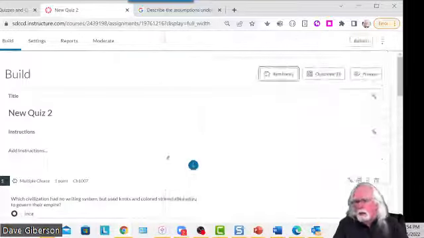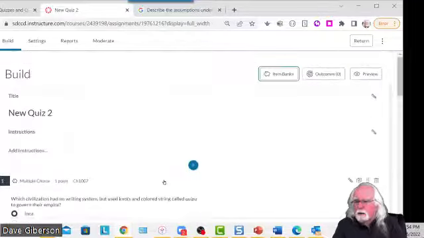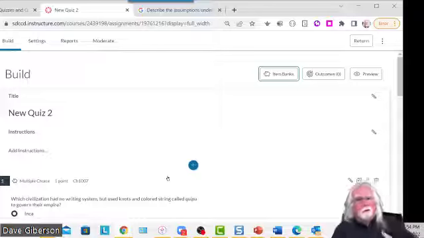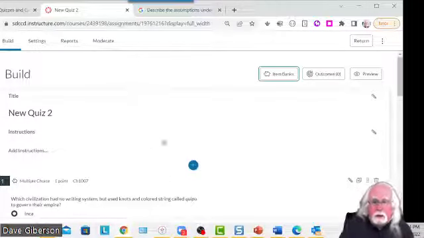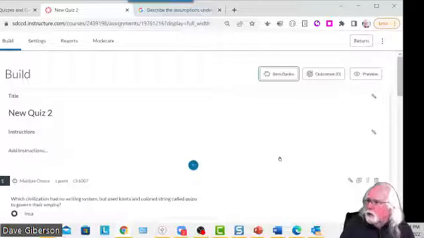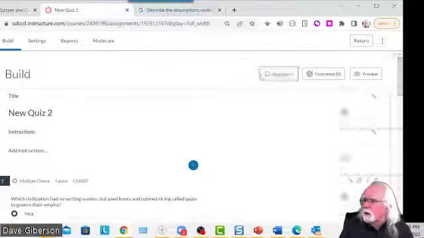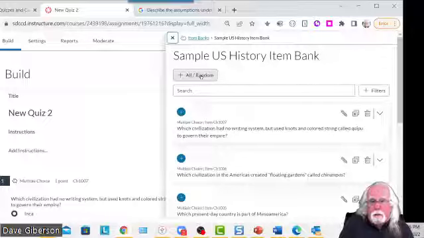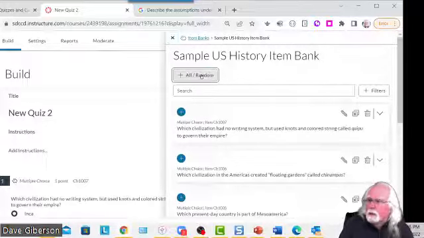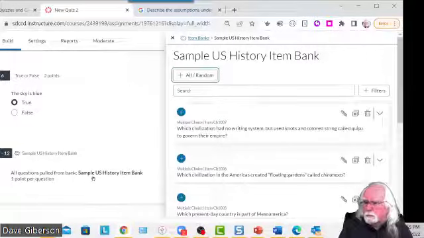That happens instantly. And there are those questions I just added from the question bank. They just show up, and there's no add the questions button, things like that. You just click on them, and they go right into the quiz. You can also create question groups here in much the same way by clicking this all or random button here. That allows you to create a question group, and you just